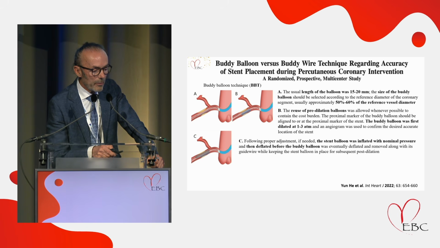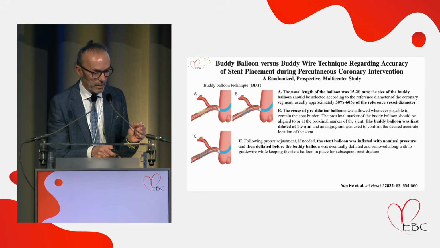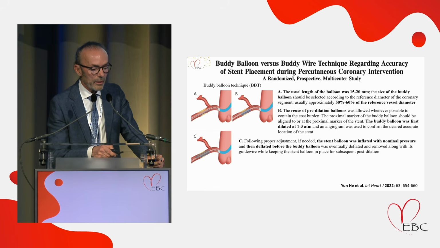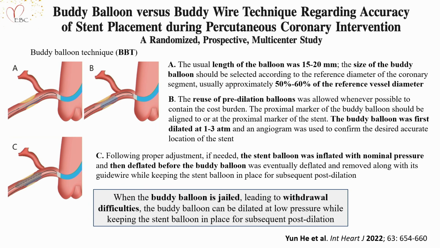Then, after proper adjustment, the stent balloon was inflated at nominal pressure, with the body balloon inflated, and then was deflated. The stent balloon was eventually deflated and removed, and the body balloon was removed after. If there was a problem, because the body balloon is jailed, with wire difficulty, the body balloon can be dilated again at low pressure while keeping the stent balloon in place for post-dilatation. So this is how to perform the body